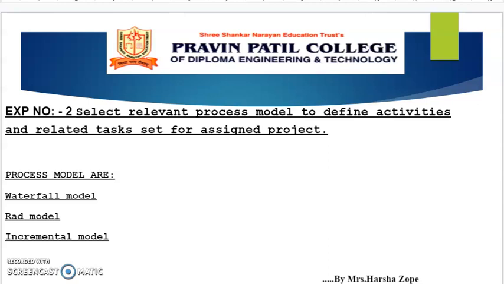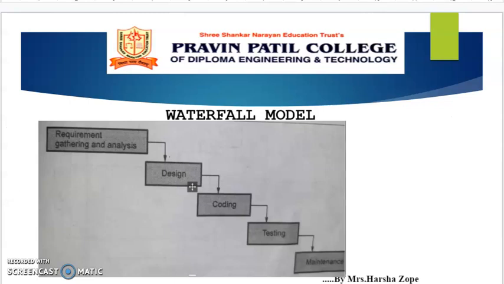In the diagram you can see the illustration of waterfall model. In requirement gathering and analysis phase, the basic requirement of the system must be understood by the software engineer. The design is an intermediate step between requirements analysis and coding. Design focuses on program attributes such as data structure, software architecture, interface representation, and algorithmic details. Coding is a step in which design is translated into machine-readable form. Programs are created in this phase.